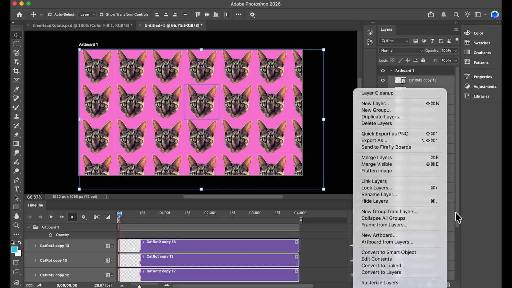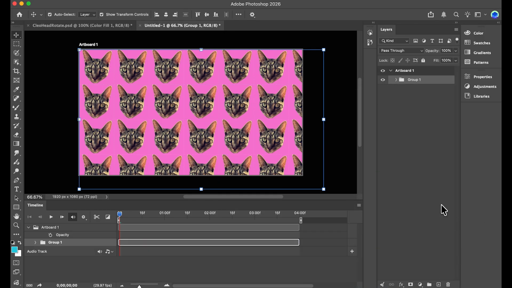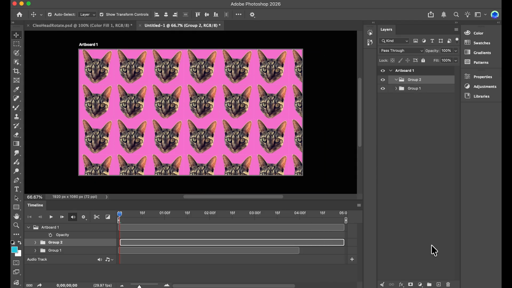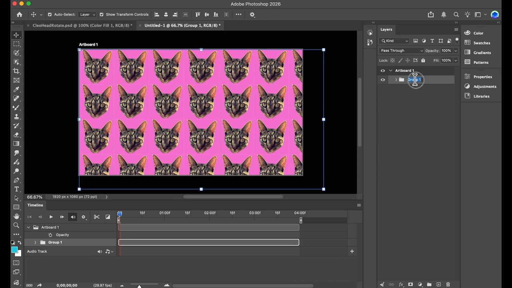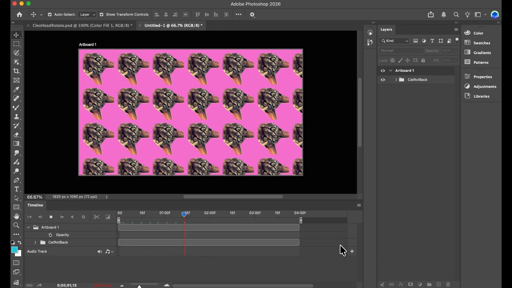And then if you twirl that up, oops, that did not work the way I wanted it. Why am I not seeing that? Well, just drag it onto the new folder thing, or you could create a new folder and drag them into there. Okay, so we can call that cat rot background. Okay, and now we have a nice little something we can use.